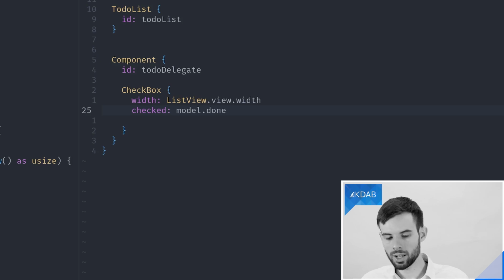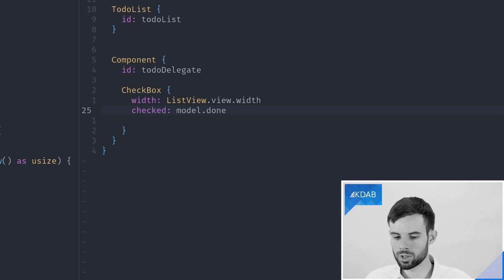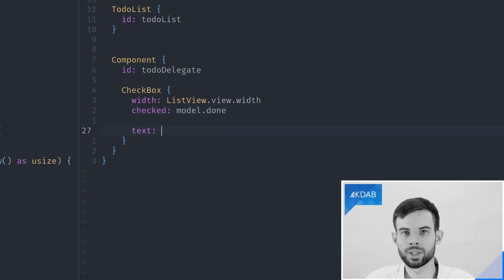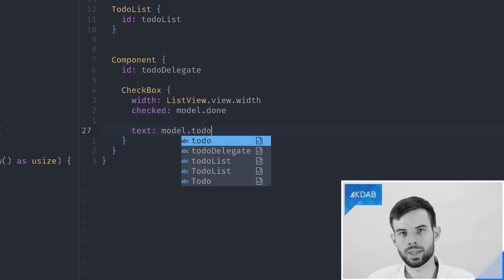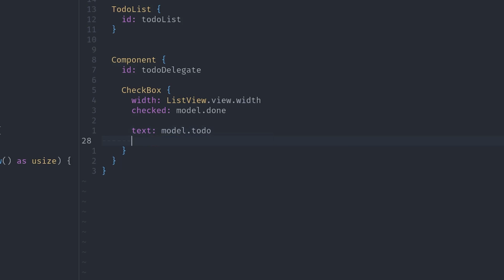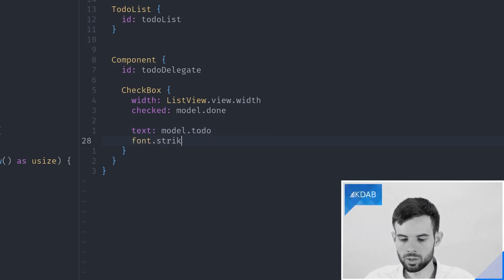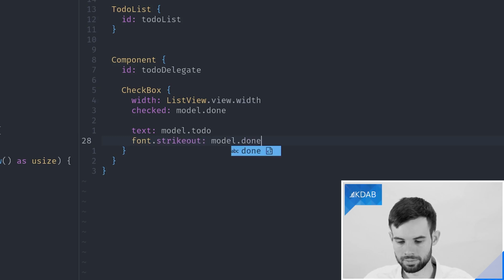So if we were to choose any other name in the role names function, we would have to adjust it accordingly in QML. For the text of the checkbox, we will then use the to-do. Again, this is the role name coming from our Rust side. We can also set our font to strike out, so to basically strike through any text whenever our model is done.